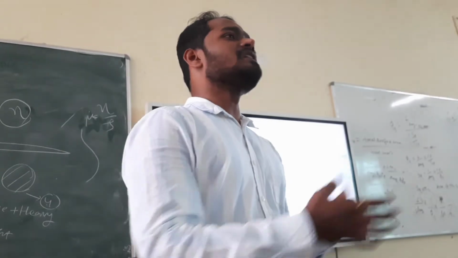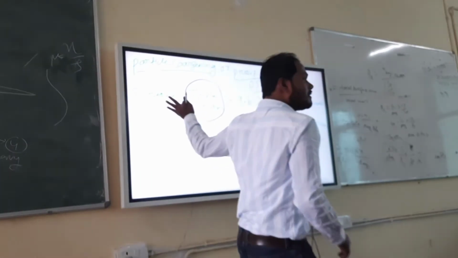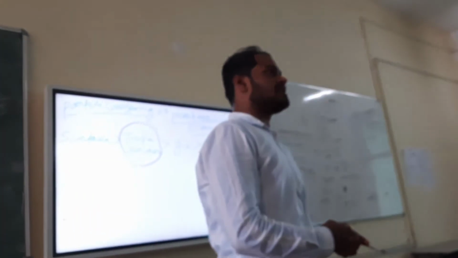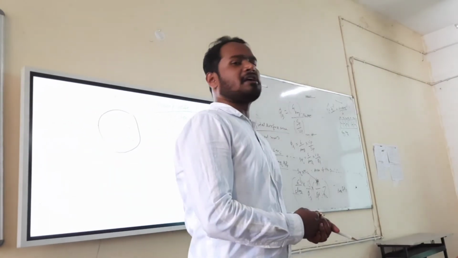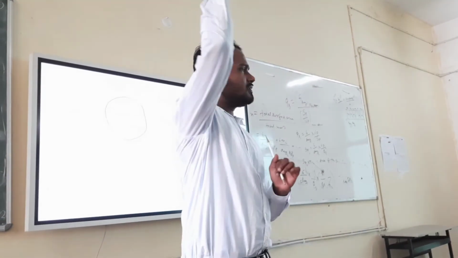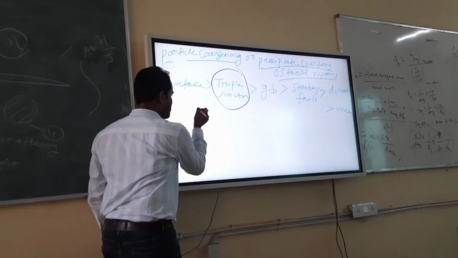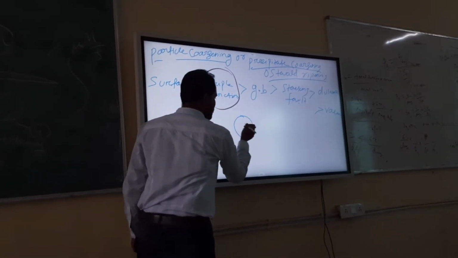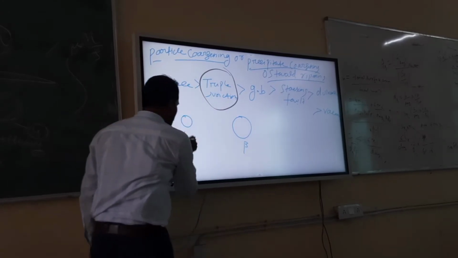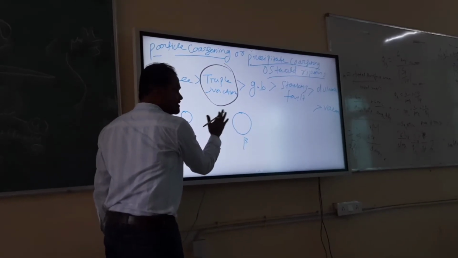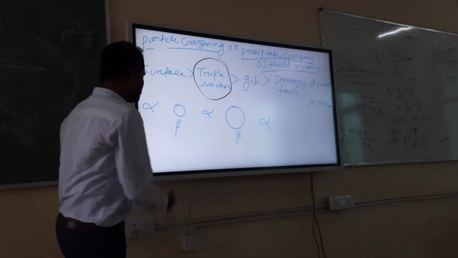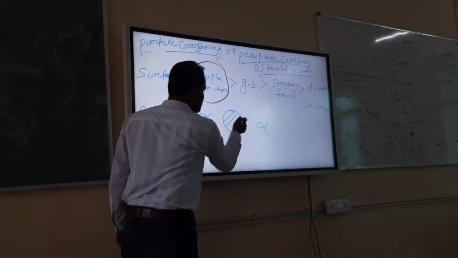Okay? But that is not practically feasible because many sites are available in a crystalline material. That's all. So every time you do precipitation, you have different sizes of particles, and particle partitioning will happen anyhow with temperature, right? You have a small precipitate and you have a big precipitate. Suppose this is beta precipitate. This result will be what? Can you tell me? This is the matrix. So this is also alpha, this is not alpha. These are two. This is small, this is the big precipitate.